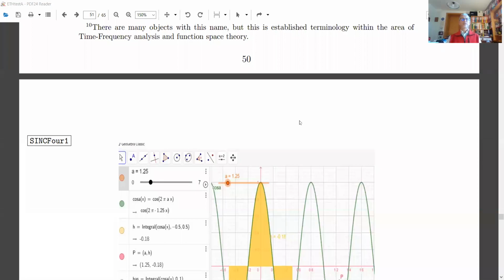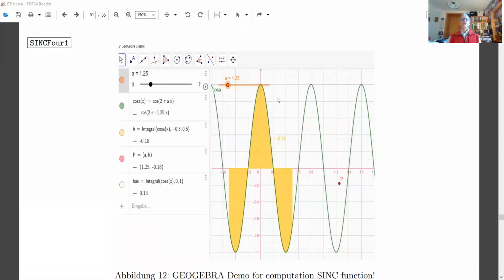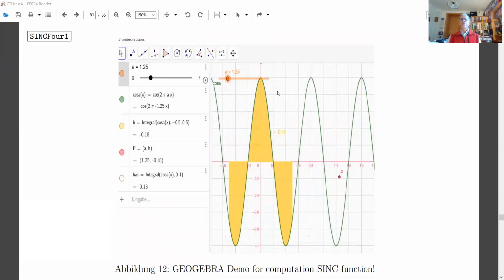Okay, this is more or less the third part of our course. And what I will do now is explain to you a little bit the role of L1. So I have a GeoGebra experiment which I will share also with you, but the main point of this